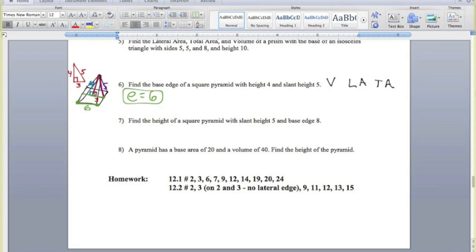Volume, the formula is 1/3 the area of the base times the height. So 1/3 the area of the base. Well, if the base is a square with a side of 6, how do I find the area of that? 6 times 6, or 6 squared, times the height. And when we talk about the height, we're talking about that straight up and down height, and we're told that that was 4. So we can multiply that all together, and we get